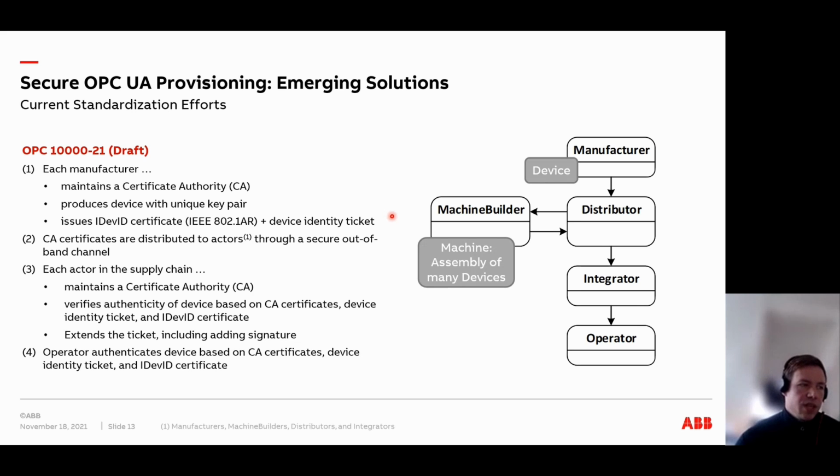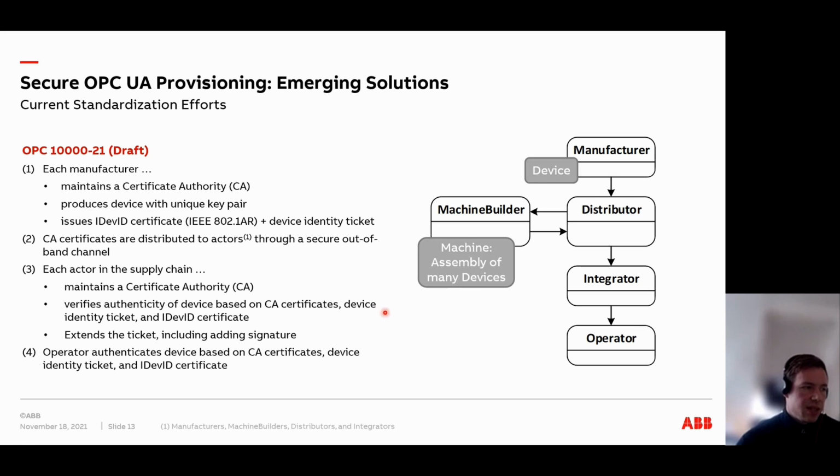And also the manufacturer issues a device identity ticket that contains further information about that device. Those CA certificates are then distributed basically through to all actors here through a secure out-of-band channel. How the secure out-of-band channel looks like is not further described in the standard so far, in the draft so far. Each actor in the supply chain also maintains a CA,